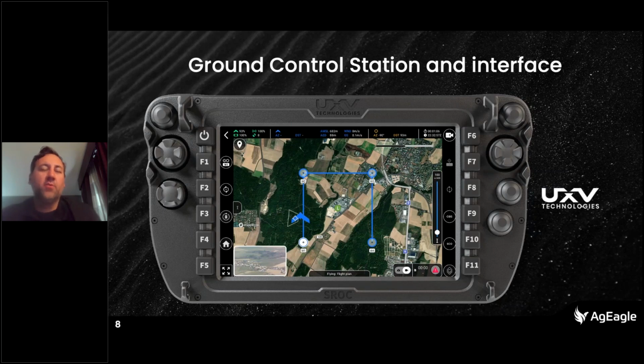So here's our ground control station that operates the eBee Vision. This was built in conjunction and developed with the SROC DIU program. So it's an Android-based tablet, right? So when we're talking defense-oriented products, we have to be reminded of the fact that